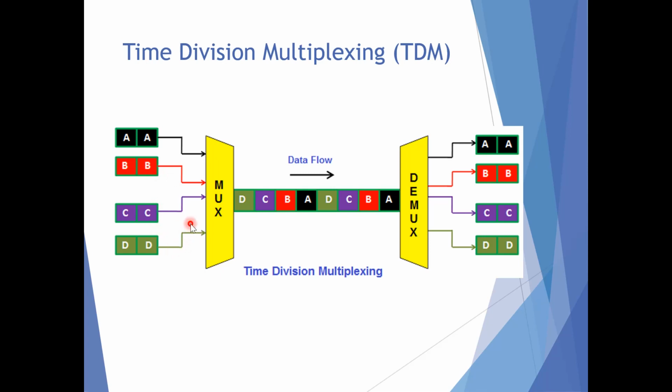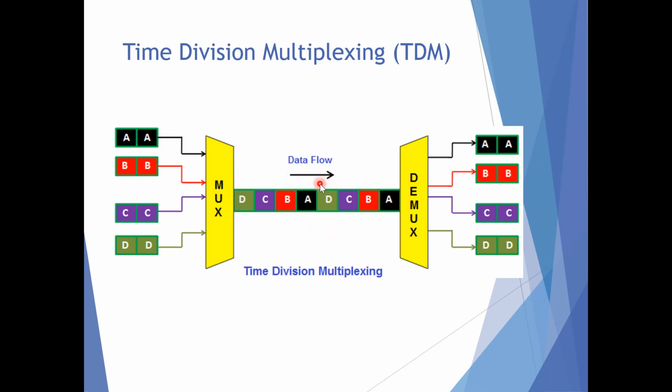One cycle or frame is said to be complete when all the signals are transmitted once on the transmission channel. The TDM principle we can find out here: four channels are shown, channel A, channel B, channel C and channel D. So, the first sample of the first channel will be sent. Then the first sample of the second channel will be sent, similarly third and fourth. So it will complete one cycle or one frame. Next again, the second sample of the first signal, second sample of B channel, second sample of C and similarly D. So this is again considered as one more frame.